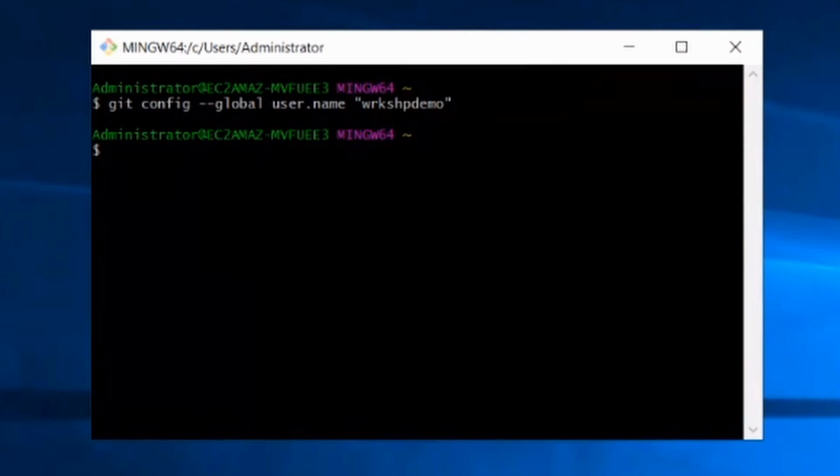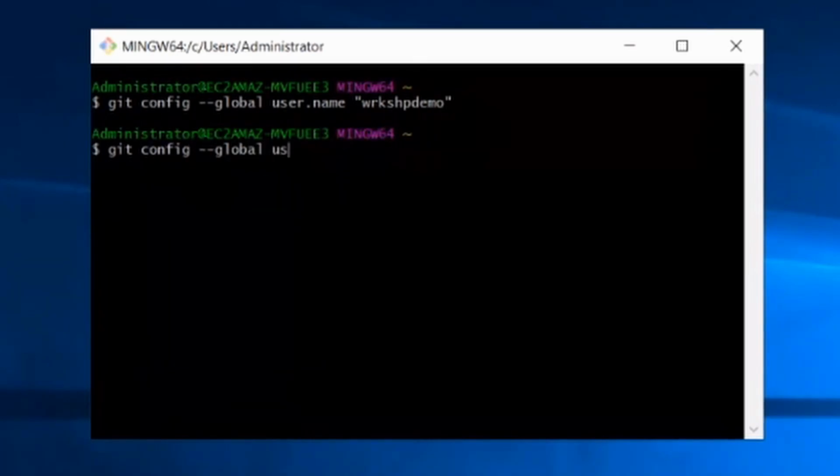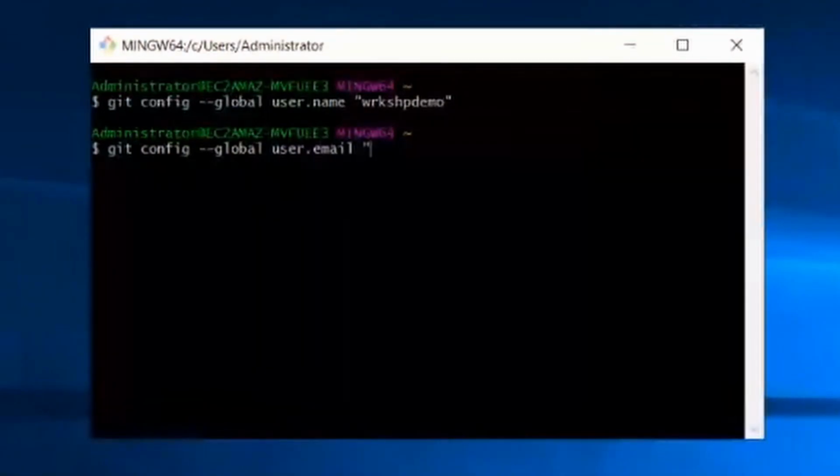And for the email, we will be using the command git config --global user.email, and in double quotations the email ID which you have used to create the GitHub account.